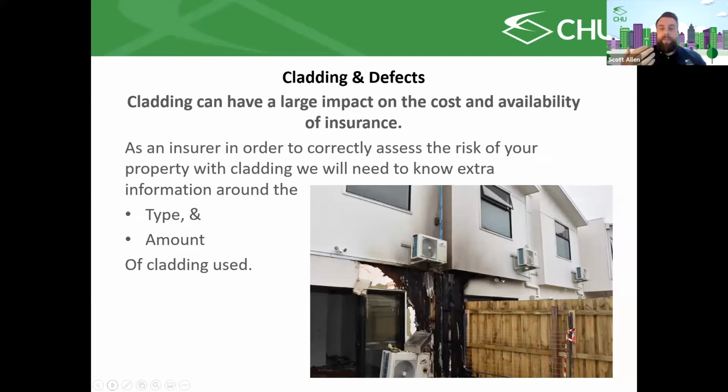And then there's the other type that you see far more commonly, but it just doesn't get the media attention of its famous cousin, and that's EPS, so expanded polystyrene sheeting. In the picture you can see in front of you, that's expanded polystyrene sheeting. Above that doorway, you can see a perfect example of what it actually looks like. It is a polystyrene sheet, and usually they just render over the top of it and then paint that render. It burns like polystyrene does.